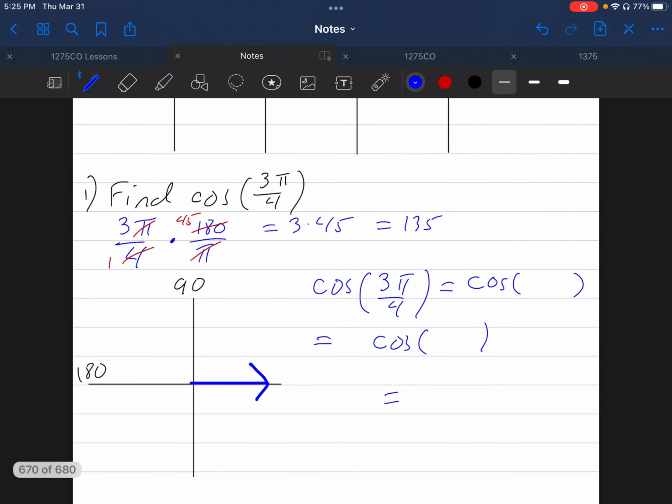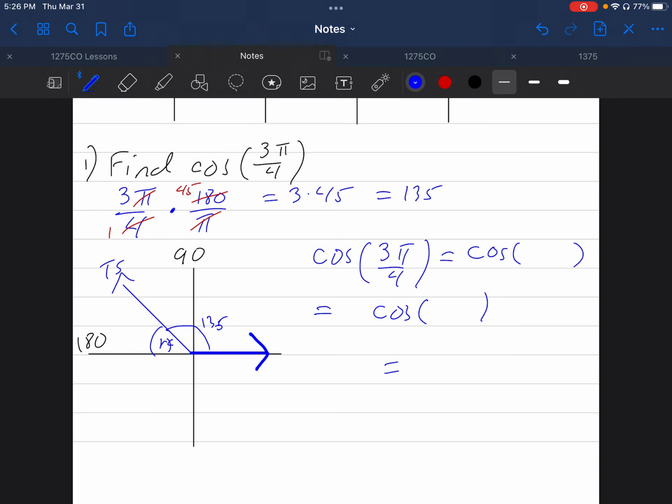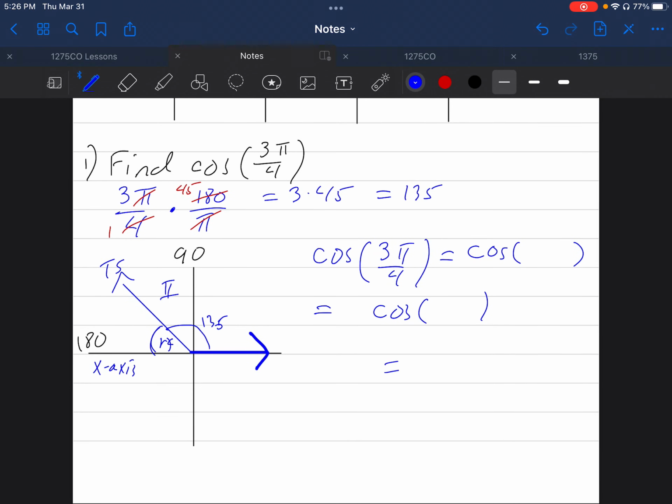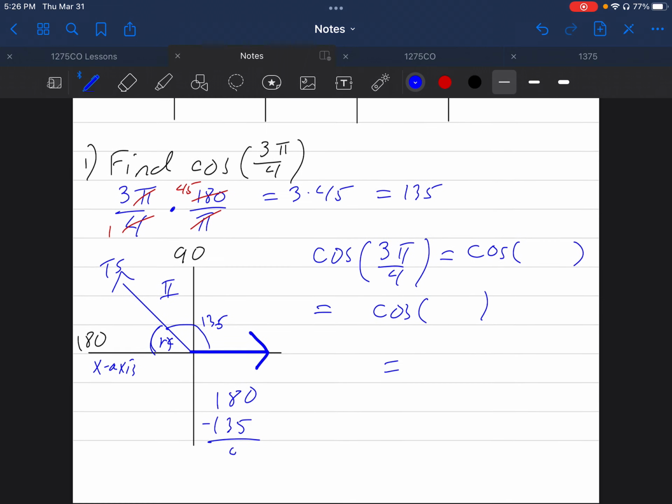Now 135 degrees drawn on an XY axis is going to produce an angle in the second quadrant, like so. So this angle here measures 135. And what we're looking for right now is the measure of this reference angle made with the terminal side and the closest x-axis. And that's going to put it right there. In order to find this, because this is in quadrant number 2, 180 minus our 135-degree angle